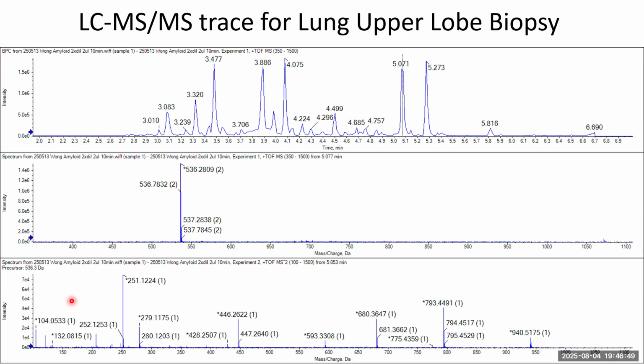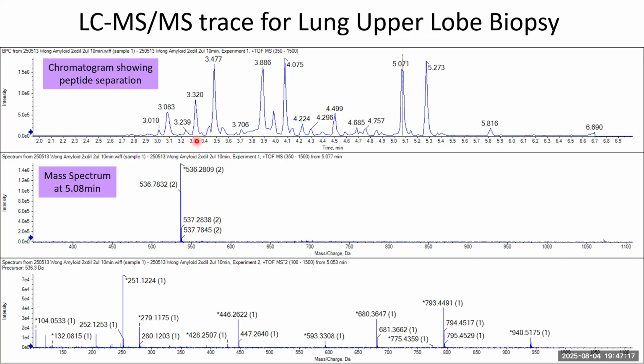So this is a lung amyloid biopsy we had in May this year. In the top trace, we've got our chromatogram, just showing you that 10-minute run we've got for this particular sample. If it's a fairly easy sample to work with, we can get away with a 10-minute method. For the more complex or difficult ones, we might employ a longer chromatogram, 20 minutes, 40 minutes, that sort of thing. But at a given retention time, we can see here at 5.07 minutes, we've got a mass